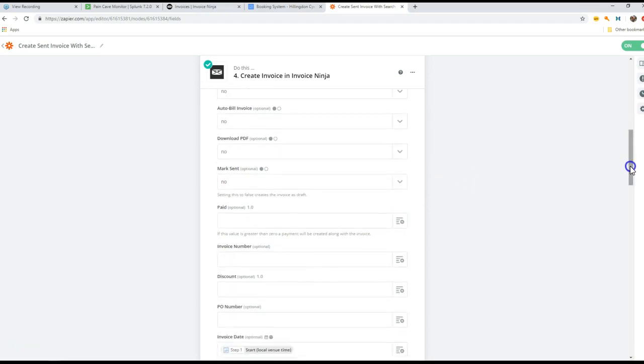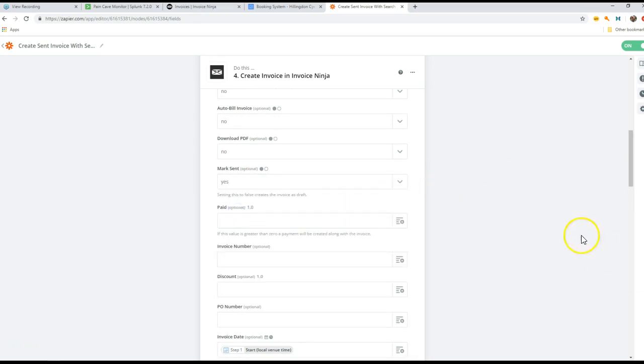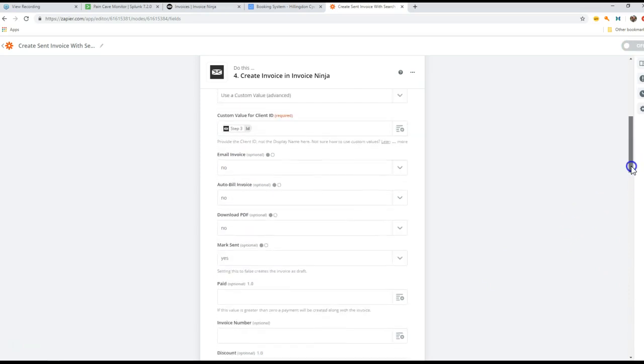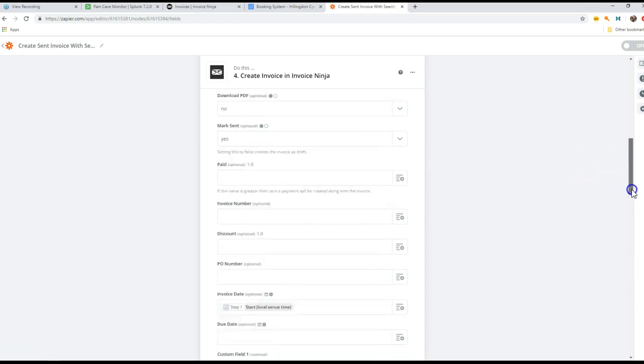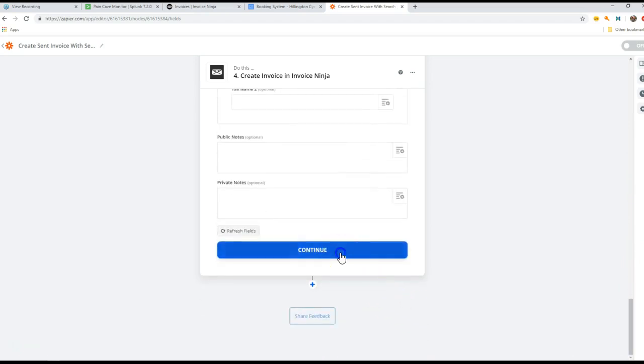in that what we're now going to do is we're going to set this to marked sent. So this will create it as a real invoice. It's not sent anywhere, but it's going to create not a draft invoice, but a final invoice that can be sent onto the client. So if you want to say yes there, it would automatically email to the client. So I've changed this now because I've made a copy and I'm saying that it's going to be sent. So if I continue,